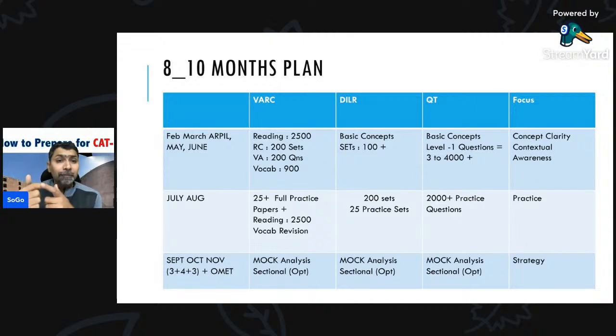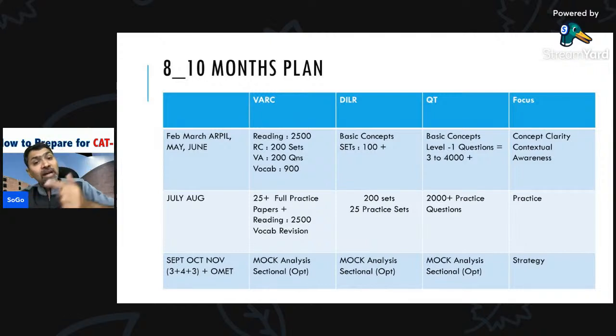Agar aap 4 months mein kar pa rahe hain toh June, July, August, aapke paas next phase mein you will have 3 months. Here you can see. Now in this, first you do 25 plus full papers, right? But I always recommend students not to start with the test series, right? Full paper means you appear for sectionals, right? Are you getting it? You appear for the sectionals,